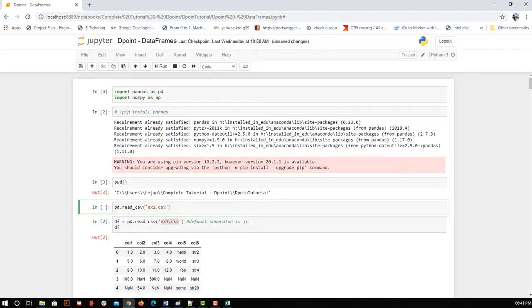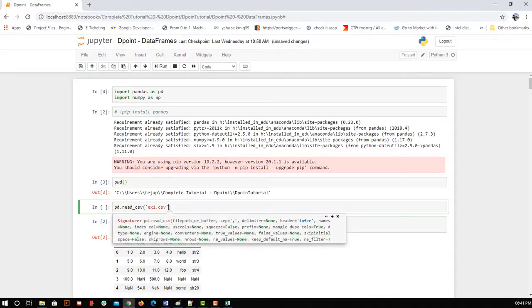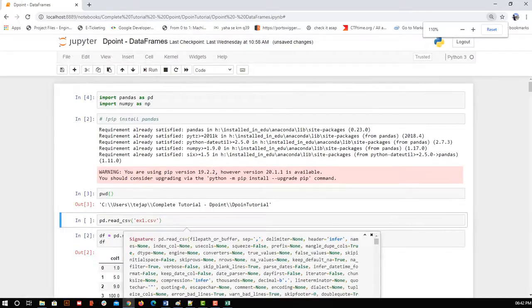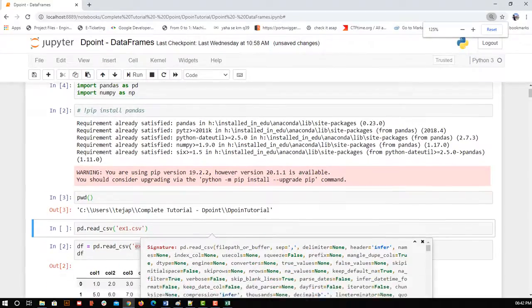But are there any other attributes that could be helpful for me, even now or in future? For that I will type shift tab. In shift tab you can see there is something called signature. Signature means the function name followed by the arguments that it expects. Some may be mandatory, some non-mandatory. Non-mandatory means there will be default values that it will consider. If we want to make use of them, we need to mention the parameter name followed by its value. If I click on plus, it will be maximized and I can see. Let me zoom in a bit. I hope now it is visible. Okay, yeah, now it's clear.